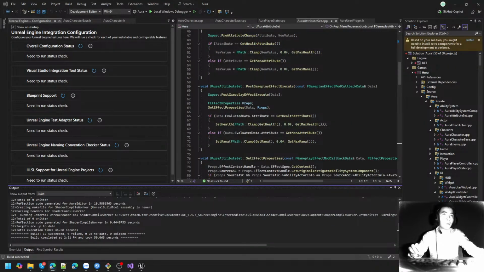That's going to be your quest. So your quest is to add the modifiers for each of your secondary